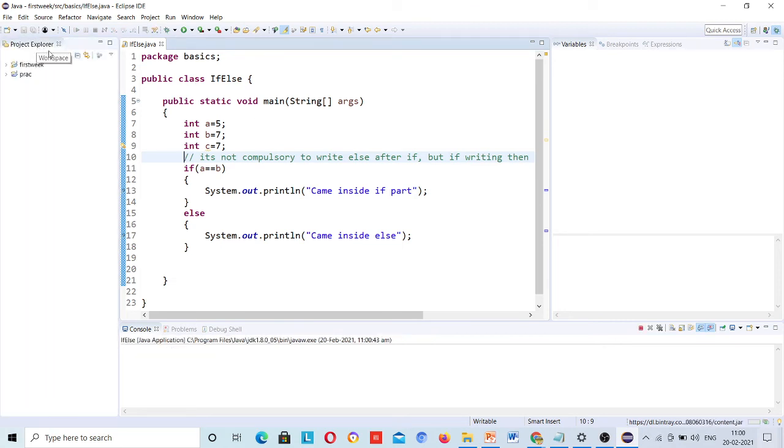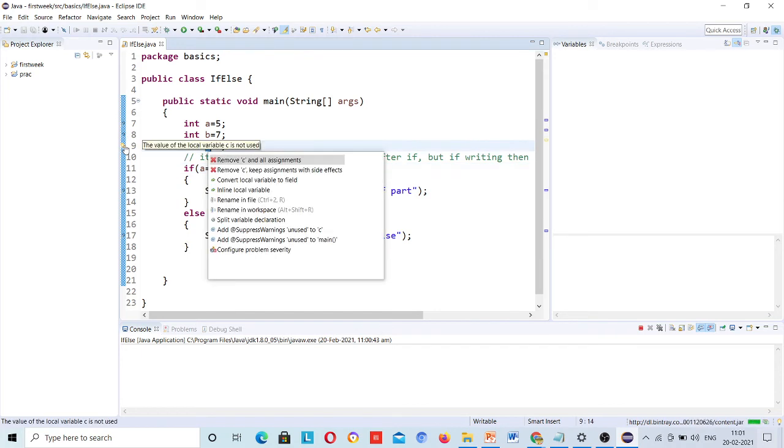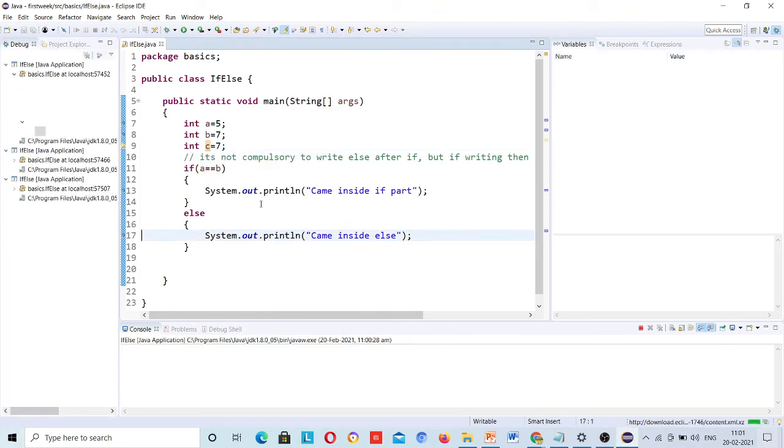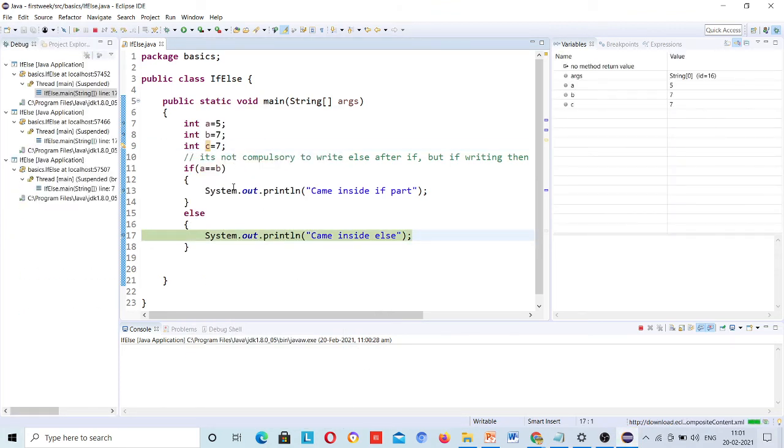Let me close this one. Declare an integer here, the b value. You can also give it here. Debug as Java application. Okay, now it is directly coming inside this else part.